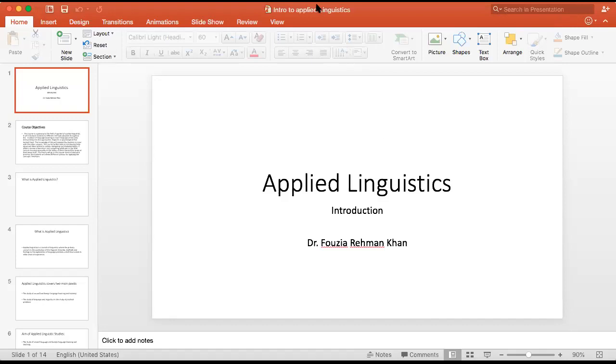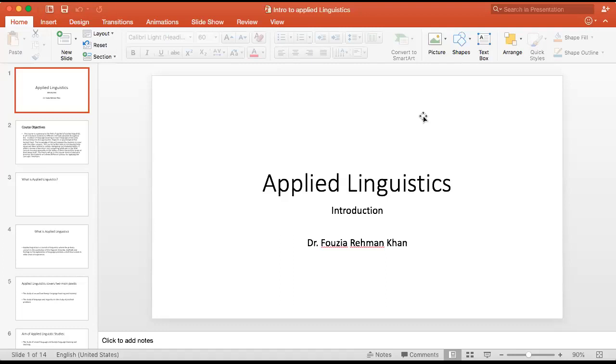So today we are going to continue with our class of applied linguistics. Just having a quick recap of what we did yesterday. We talked about what applied linguistics actually is as a branch of linguistics, and how we differentiate it from theoretical linguistics. We just touched upon it, and I asked you to find out the differences between applied linguistics and theoretical linguistics. And I also told you that